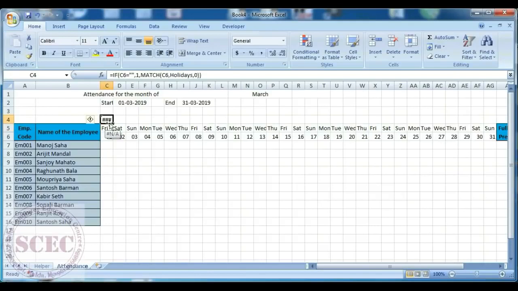So it gives us NA, that is not available, that is a wrong formula.